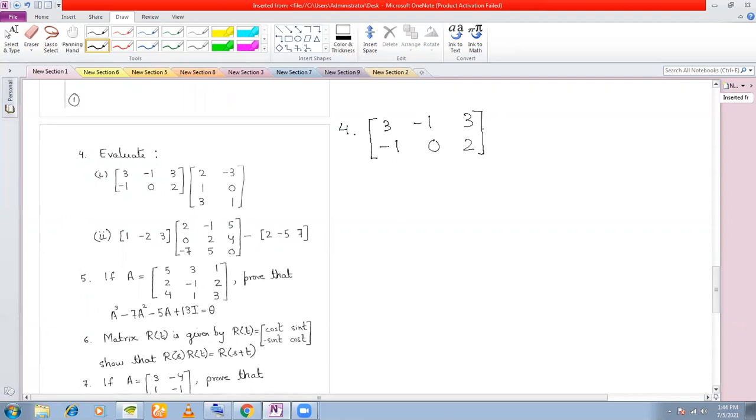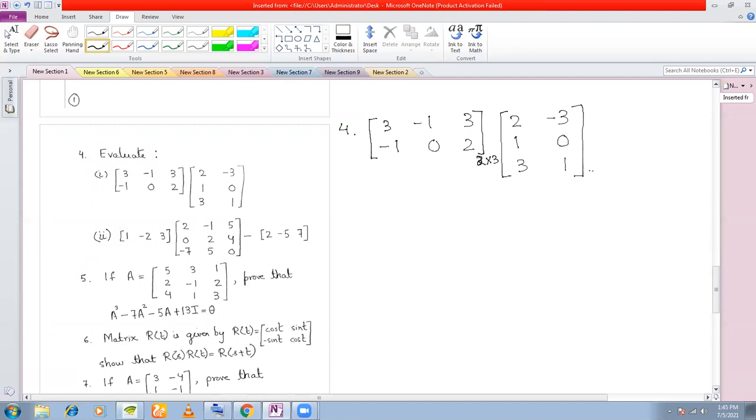Please observe how I am multiplying the matrices so that later on I don't have to repeat matrix multiplication. How to multiply matrices of different order. Especially when you're multiplying a row matrix with a column matrix, you need to be very careful about the order. Look at the first matrix. What is the order of the first matrix? There are 2 rows and 3 columns, right? So this is a 2 by 3 matrix.